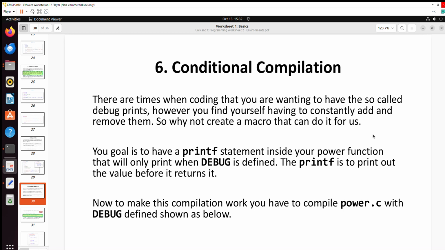Okay, for question 6, it is related to conditional compilation. Sometimes when you have code and you want to do debug prints, usually what you do is constantly add and remove the debug prints in order to check the bug. So instead of adding and removing them, why not create a macro that can do it for us? So here, for this question, you need to have a printf statement inside your power function